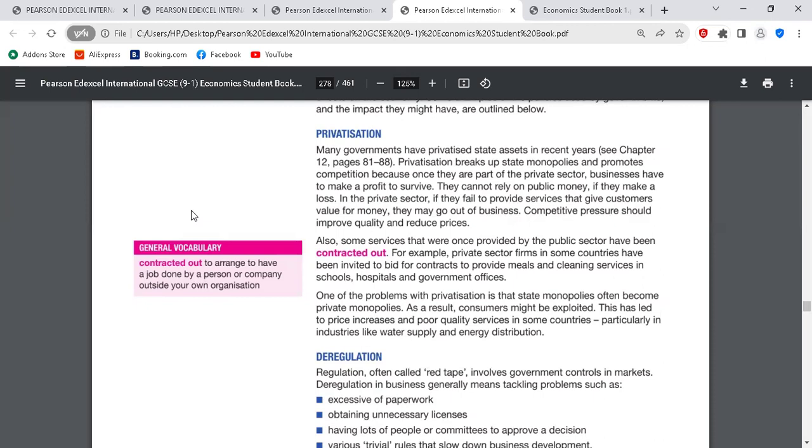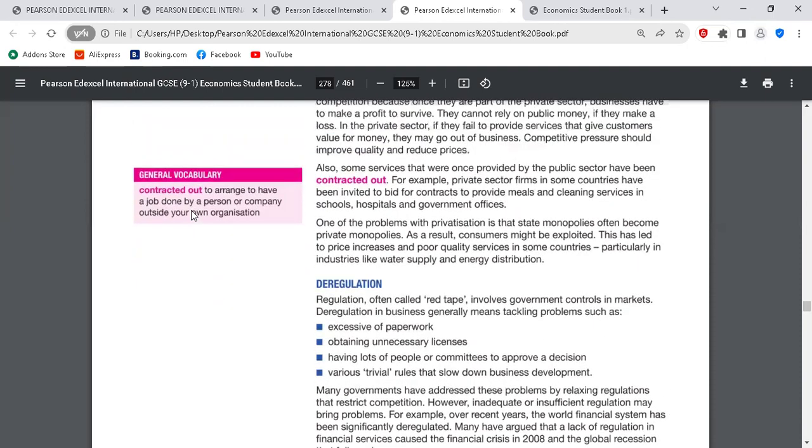How is it poor quality? Because they know they are the only ones supplying. There's no competitive pressure on them. So they wouldn't care. That is another problem about privatization, especially if it is a private monopoly. Clear? Good. The next one,